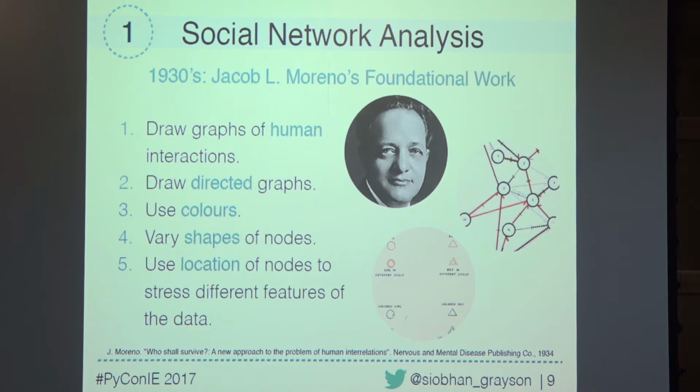And one of the things he did was he put a lot of focus as well into the visualization of graphs. So the way that he started to model was he would, as I said, node a person, interaction, an edge, but he would also then give the nodes a different shape. He might give a square to a woman, a triangle indicating a man. He would use different colors, and he would also change the locations of the nodes to try and encode more information into that graph. So we're starting to have this very visual representation of a lot of information that you don't have to technically interview people to get. You just have to watch their interactions or track their interactions.